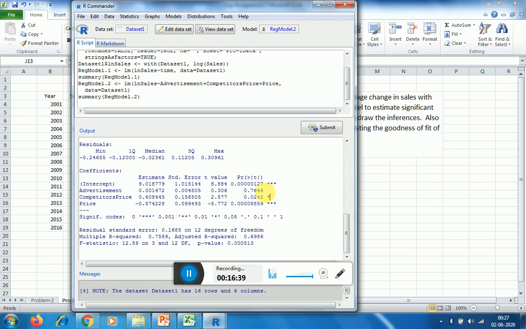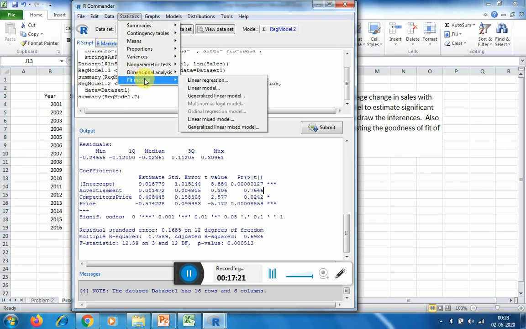So here advertisement expenditure is not significant. When some variable is not significant, there is no point in keeping that particular variable in the regression model, because it does not contribute anything with regard to making the estimation. And here you can see that the coefficient is also almost equal to 0, and the multiple R squared is 0.7589. So even though the p value of the model is significant, since this variable is not significant, it will mislead the researcher when he is trying to make the forecast. So it is always better to eliminate such variables.